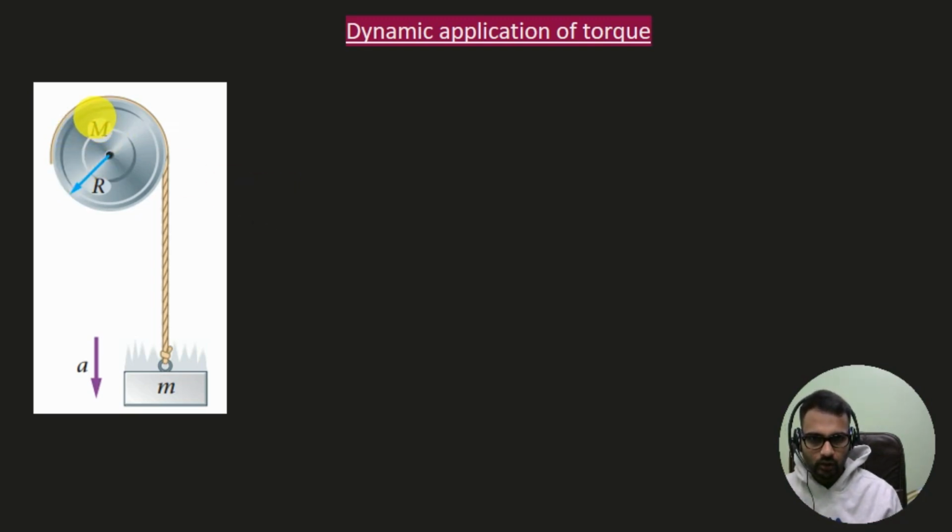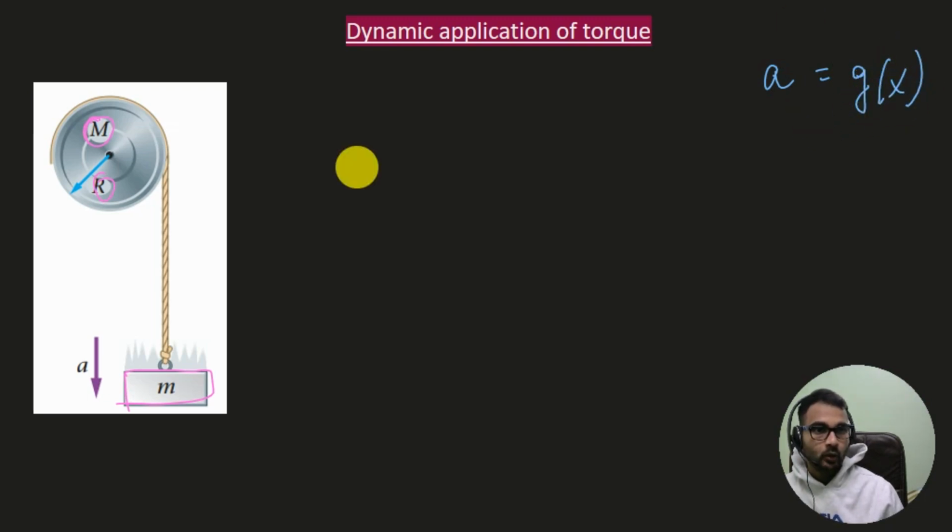So consider this figure. Here we have a pulley of mass m, radius r, and the string is wrapped around the pulley. On the other side we have a block with mass m. Now when this block is released, it accelerates downwards, and suppose the string unwraps without slipping and the pulley rotates without friction. Then what would be the acceleration A? You may think that acceleration A would be equal to acceleration due to gravity, but this will not be the case here. Why? Because